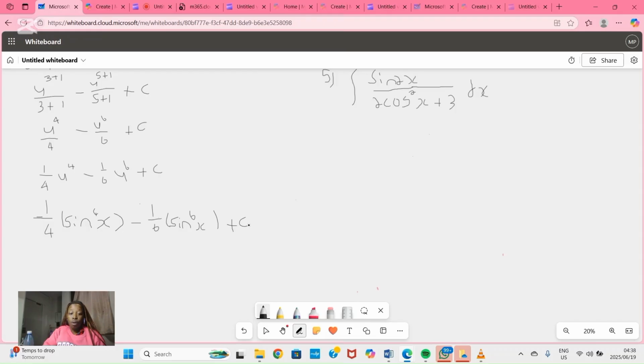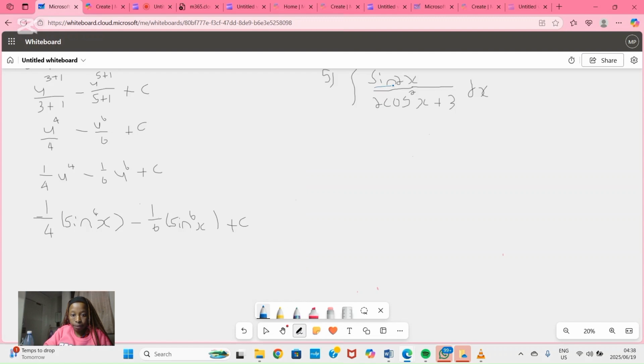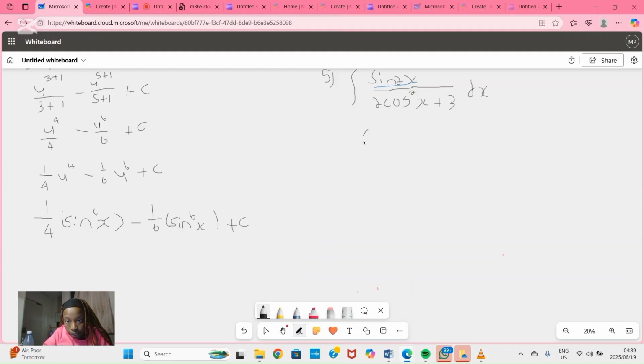So right now we're moving to question number 5. Number 5, we have the integral of sine 2x over 2 cos squared x plus 3 dx. First thing that we have to do, we have to change this identity like this. We're going to have the integral of, changing the identity,